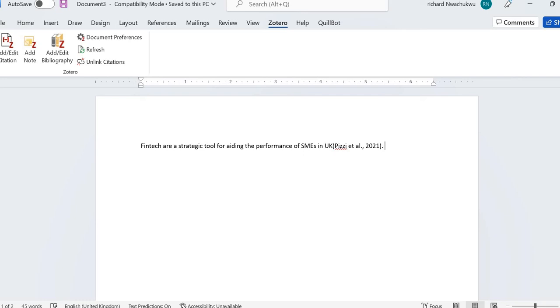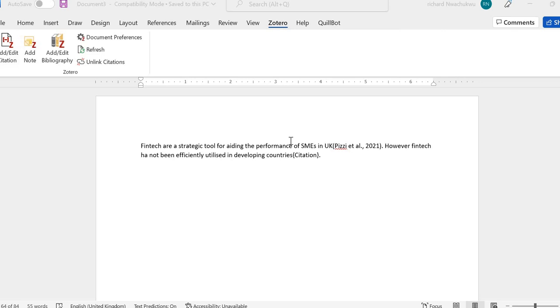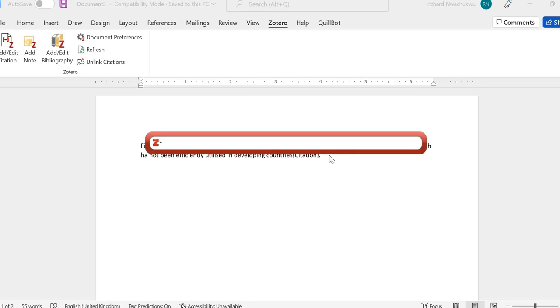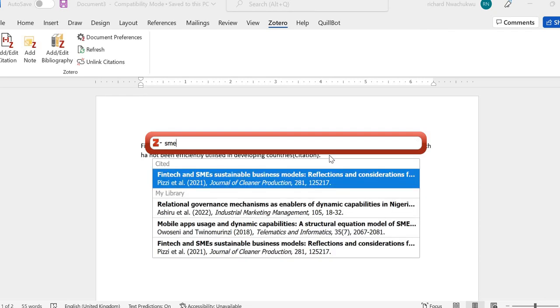Let's say I add another text. Okay, however, fintech has not been efficiently utilized in developing countries. Full stop. So I need to add the reference. I just place my cursor where I want the reference to appear and click on add in-text citation. Since I remember the text I got that information from was SME,